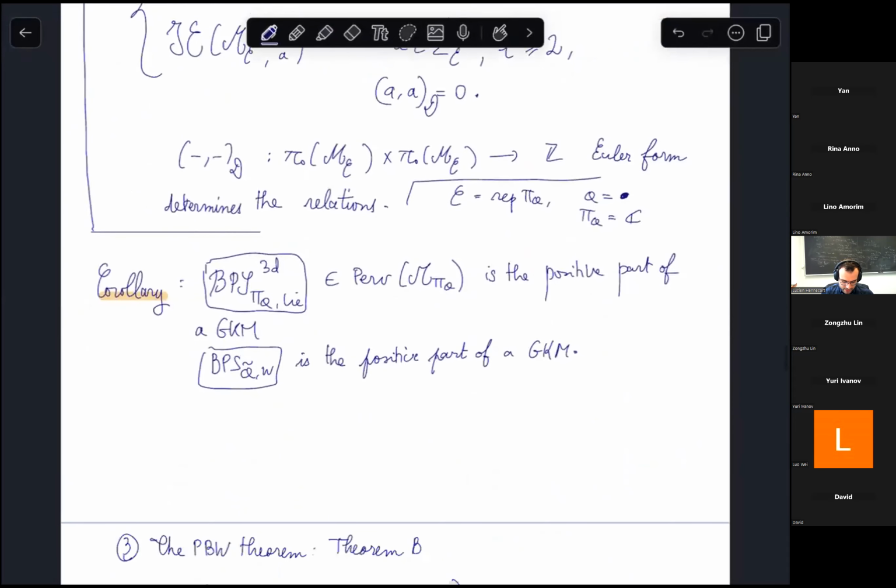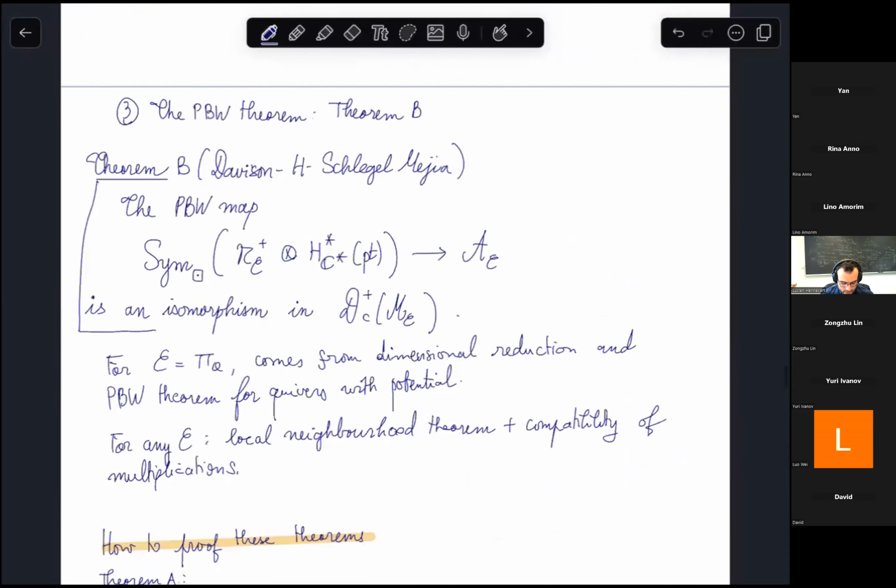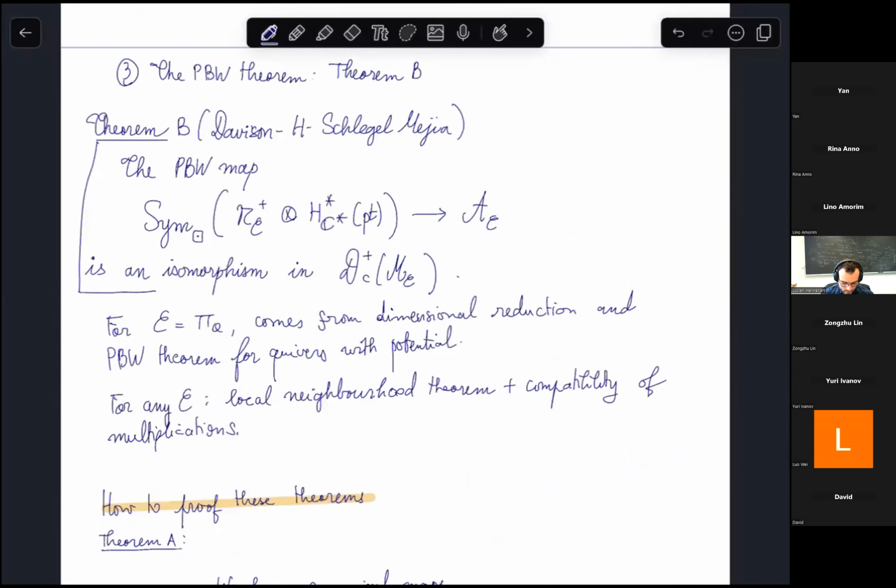Okay, so the right bilinear form to take is this one. And the second theorem is the PBW theorem. So we are in the same context of two Calabi-Yau Abelian category C. This Lie algebra is the one that appears in theorem A, the GKM. Then we can construct a map from the symmetric power of this Lie algebra tensor C star equivariant cohomology of the point